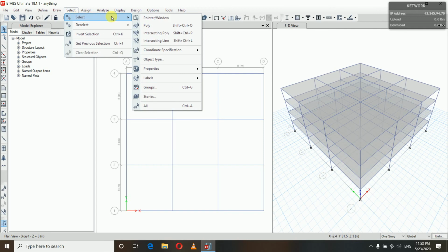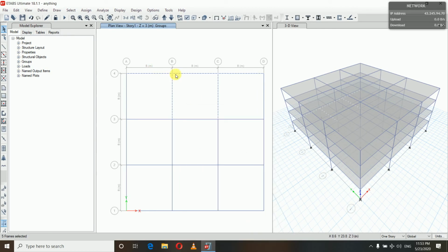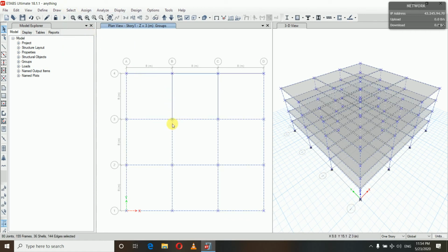What you can see is, if you go to select and suppose you choose this group, so now you have chosen these elements. If you want to choose all the other objects except these chosen elements, then just go to select and invert selection. In invert selection you can see all the objects are selected except those objects which were selected